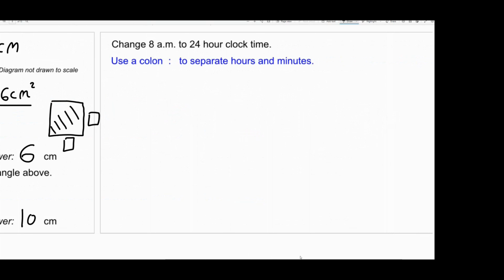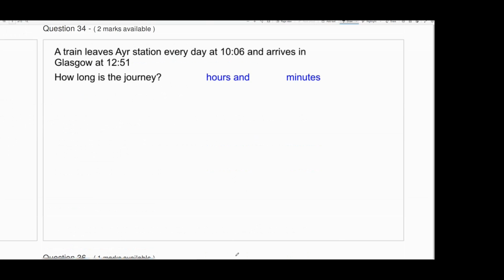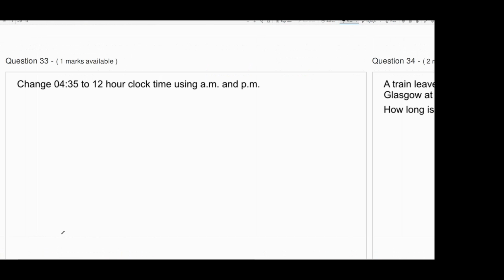Right, let's have a look at the next one. So change 8 a.m. to 24-hour clock time. I think that's really straightforward. That's just going to be 0800. So that's probably really easy, Josh. That's fine. But then number 33, so change